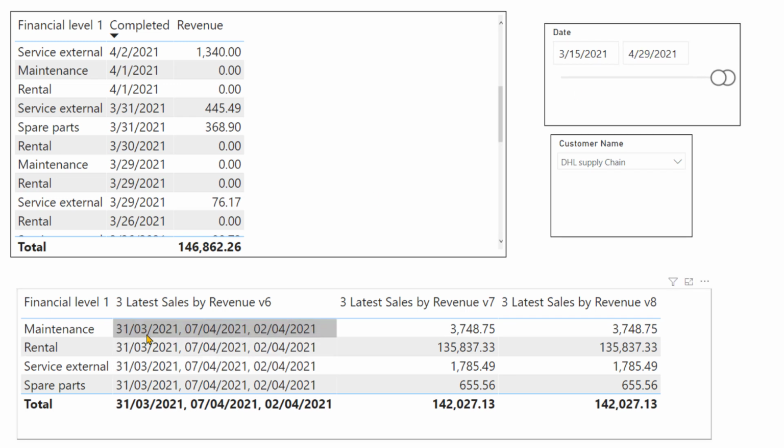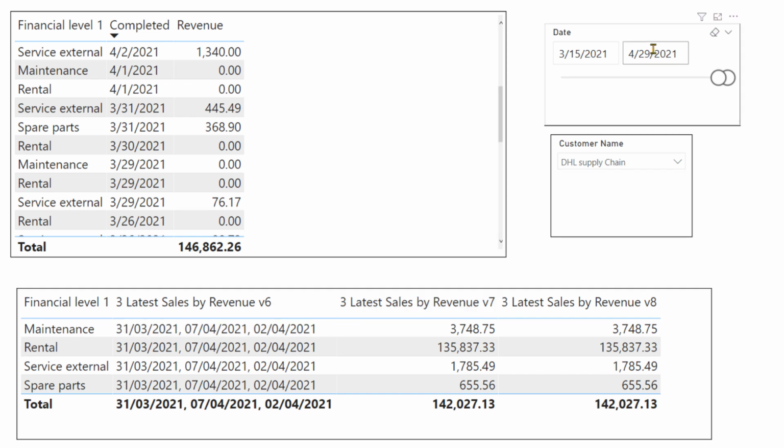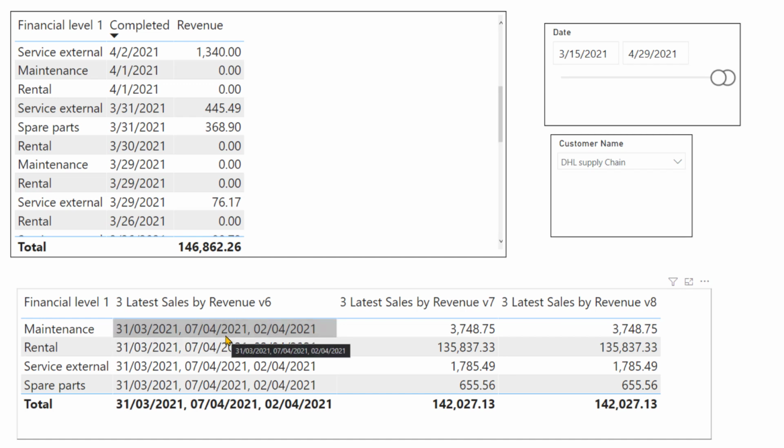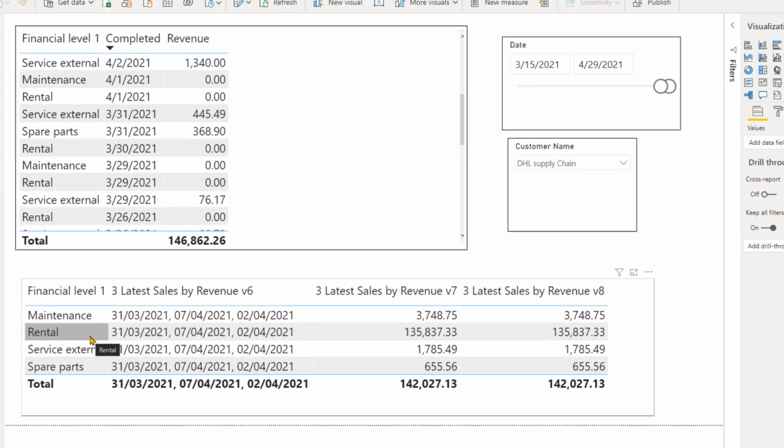So we have 3/31, 4/7, and 4/2. These are the three dates that are less than 29th of April in which we have some revenue, and on these dates we want to identify which financial levels have made some revenue. So let's get started and I will explain how we can achieve that calculation.